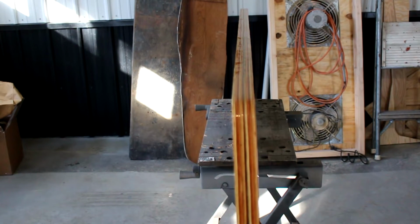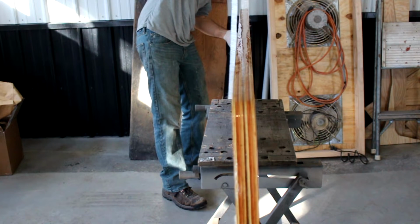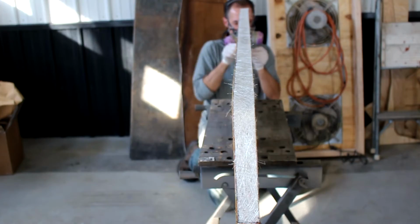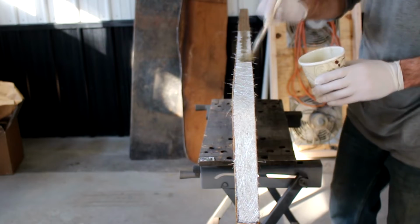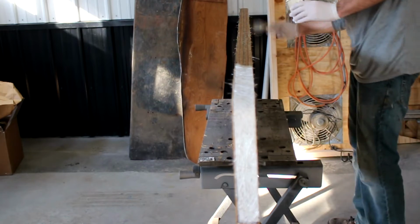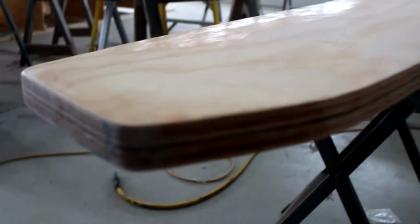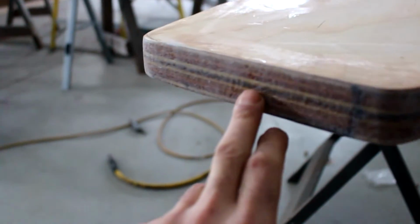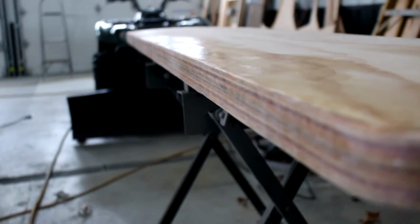So I let that first round soak up a bit. Now I've just saturated it again. Forgot to turn the camera on. And I'll bring my chop strand over and start putting it down. I've got the edges on the bottom and the sides sealed, and then a layer of chop strand just to